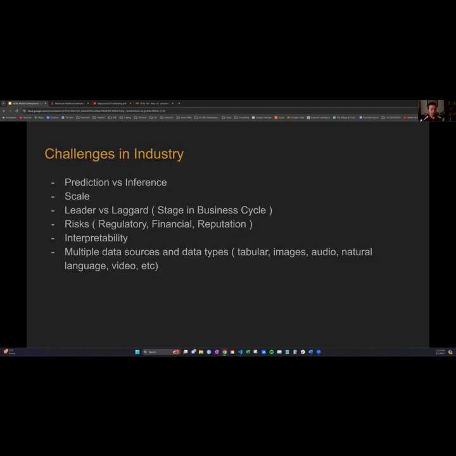So if we think about the actual challenges in industry, we just talked about some of them, but prediction versus inference depends on the use case. Say you're taking fraud detection, right? I don't care at all about the uncertainty quantification. I purely just want the highest accuracy possible. So in this case, you take those super complex black box neural network models, and that's fine because we want to stop the fraud in its tracks before it happens.